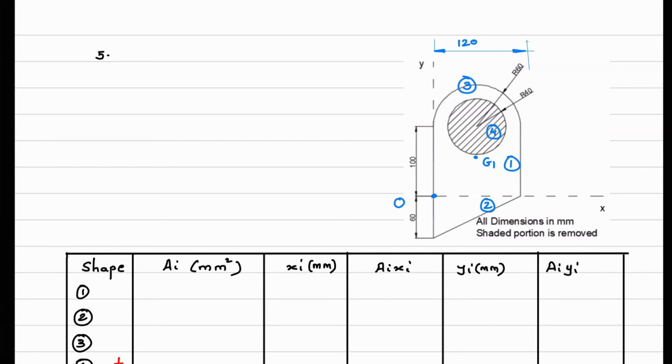Now for the second geometry, which is a right angle triangle, this is the hypotenuse and the opposite side corner is this one. So the centroid will be near that corner. This will be the location of the centroid. What about the distance? This distance will be this total distance by 3, 120 by 3, and this distance will be 60 by 3, but it is in the negative direction, negative y. So don't forget that negative. So we'll mark G2. So G2 will be at this location.